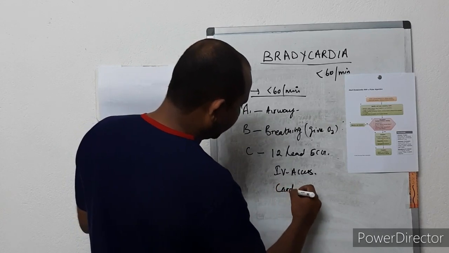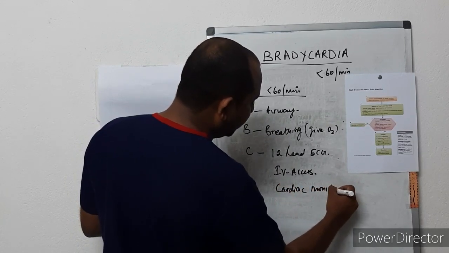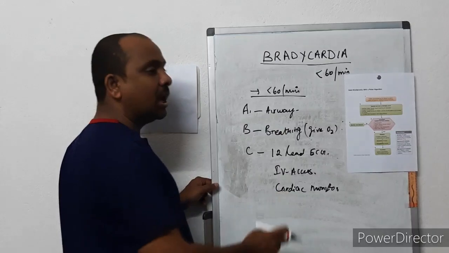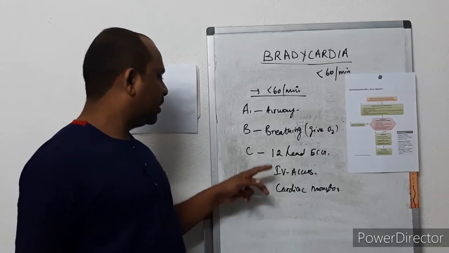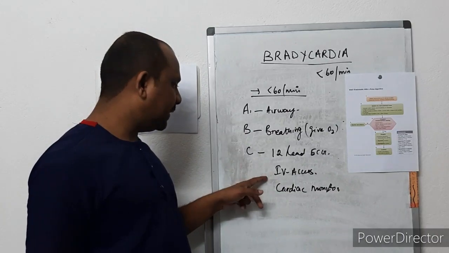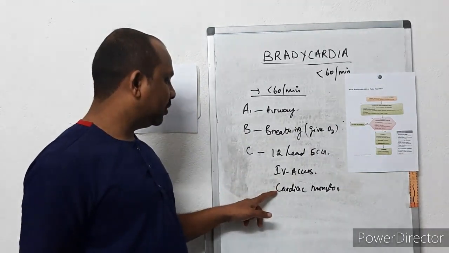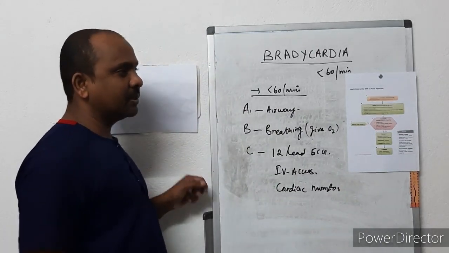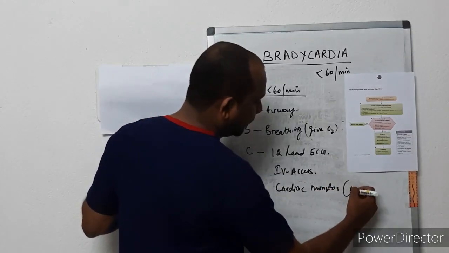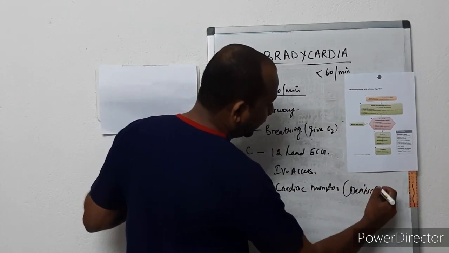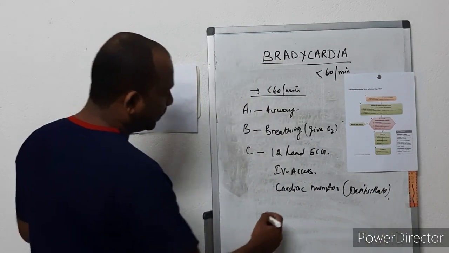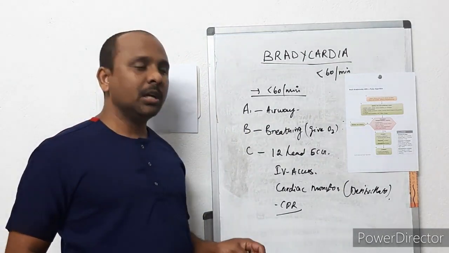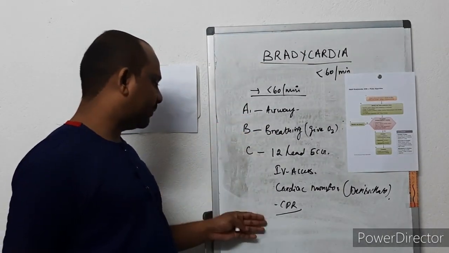Then cardiac monitor. You will initiate this initially once the patient comes to your emergency or critical care department. So take the 12 lead ECG, analyze it, get the IV access, and draw the blood samples. Then you should have the cardiac monitor along with the defibrillator, because now it is bradycardia and after some time this patient may go for an arrest. To handle that, you should connect the defibrillator and prepare for CPR, right? Your team must be ready, your crash cart must be ready.